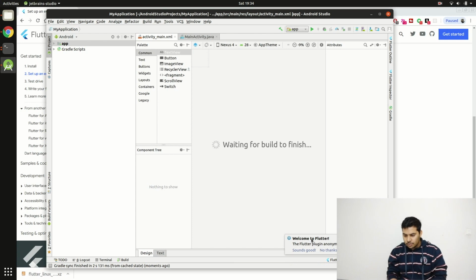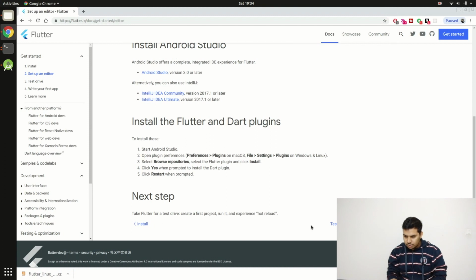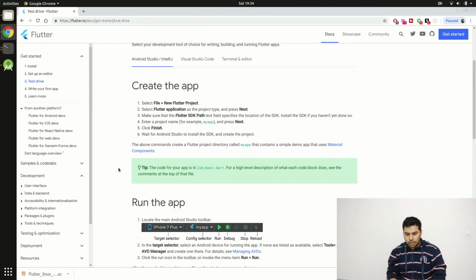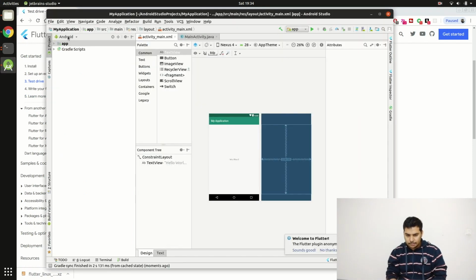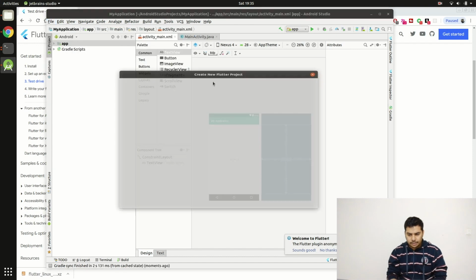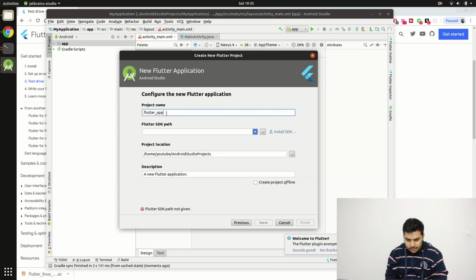Okay, so we have got Flutter, and what to do now? Test try. So this will hopefully tell us how to create a new project, and let's skip this entire thing and create a new Flutter project on our own. So new Flutter project, then hopefully the wizard will guide us through the entire setup process. Flutter application, Flutter plugin, Flutter package, Flutter module. So Flutter application it is going to be, and just the clicky